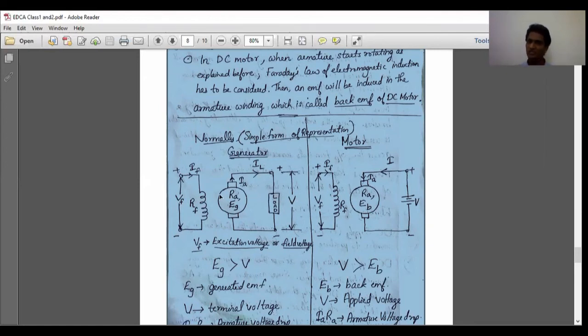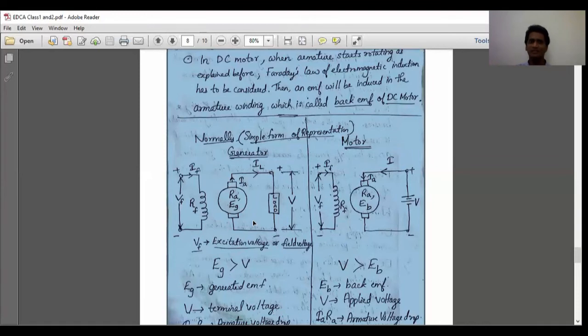So Eg is produced in a generator. What we know is that a generator is producing electrical energy. So mechanical energy is converted to electrical energy. This armature is rotated using a prime mover, with the armature in a magnetic field. So an EMF will be induced in the armature windings. Then if the circuit is closed, current starts flowing through it. Current through the armature is called armature current, and current flowing to the load is called load current. In this case, the armature current is the same as the load current. Clear? And that is the basic circuit.